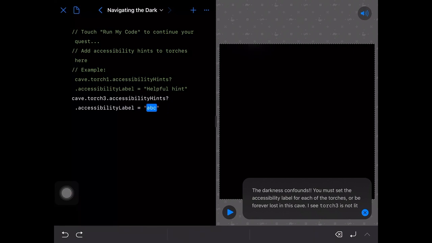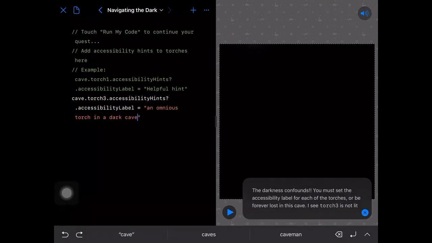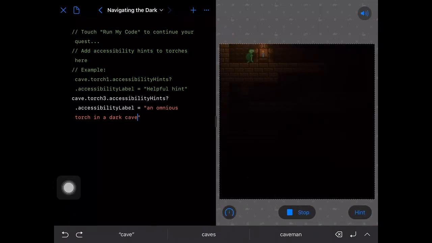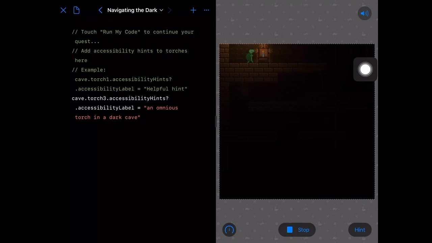So we'll give it a string, we'll bring up the keyboard, and we'll say, how about this, an ominous torch in a dark cave. Let's try running our code now. We'll close the hints again. So we can see that, because we have an accessibility hint set, that's what lights up our torches. So now if we were to go over to the next one, now with Voiceover,